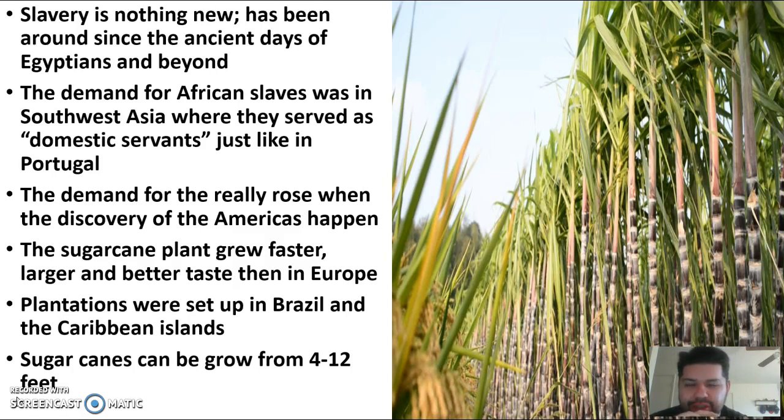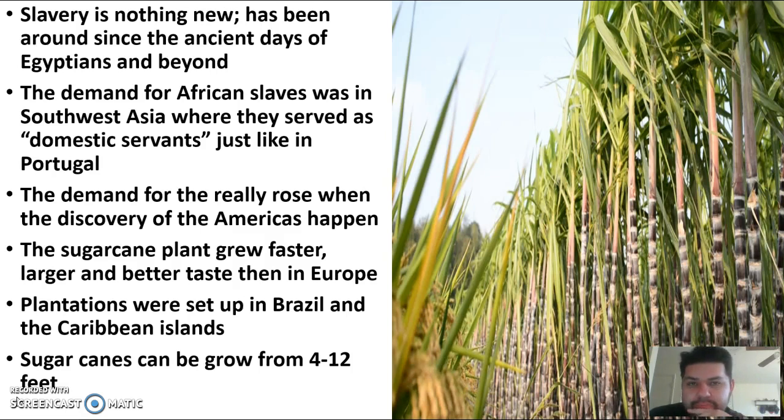Now, these sugar canes could be anywhere from 4 to 12 feet tall. All right. And if you look to the picture to your right, there's quite a bit of them. And you can see they're kind of planted close together because they could. They would grow tall, but you didn't need much room. It's not like a tree, like almonds, pistachios, and things like that. They're very close and they're thin, so you can make a bunch, right?